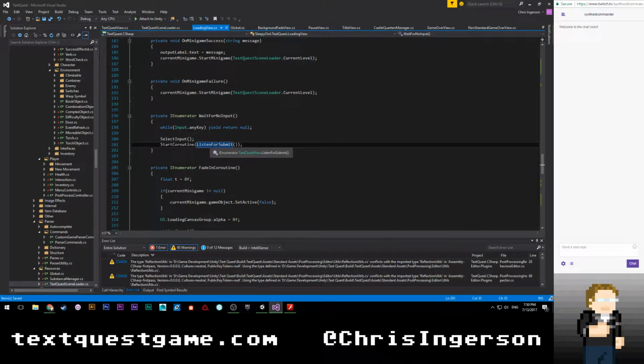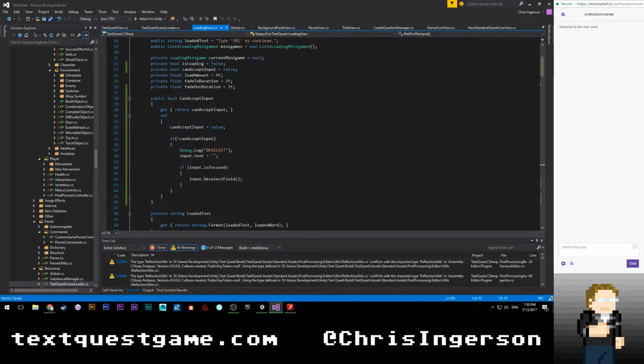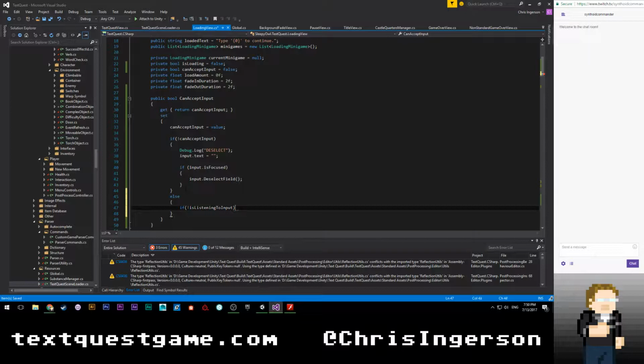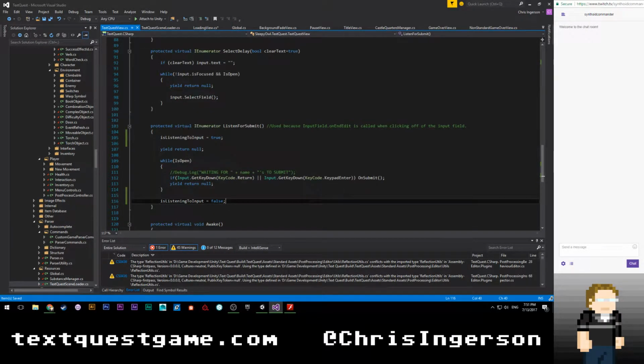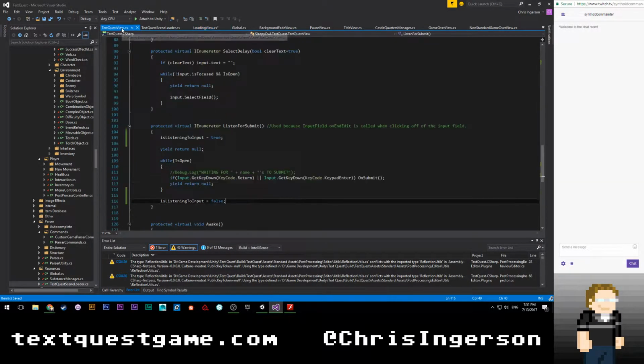Now we can come up here to this, and we're going to say else if not is listening to input. And what is that while loop doing? Just while it's open? Okay, that's fine. If not is listening to input, start coroutine, listen for submit. All right.